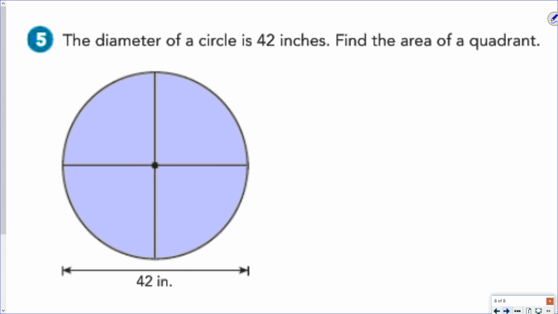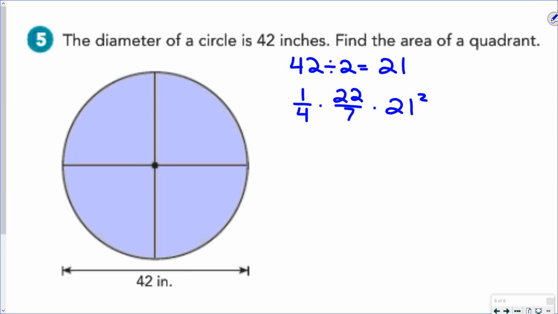And then finally, number 8. The diameter of a circle is 42 inches. Find the area of a quadrant. So we're looking for a quadrant here. But again, we're given a diameter, so we're going to take 42 divided by 2 to get 21. And since it's a quadrant, similar to how we could do it with a semicircle, a quadrant is 1/4. So we could take 1/4 times pi, which in this case we're using 22/7,